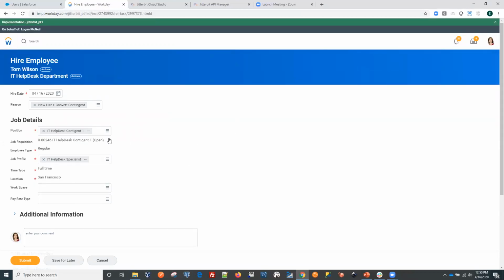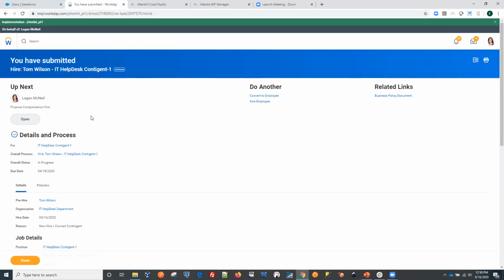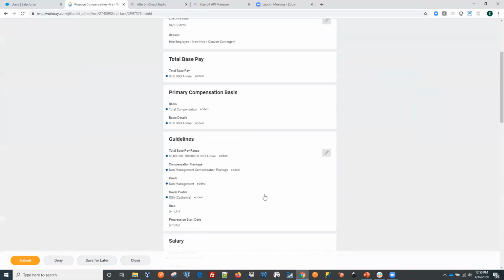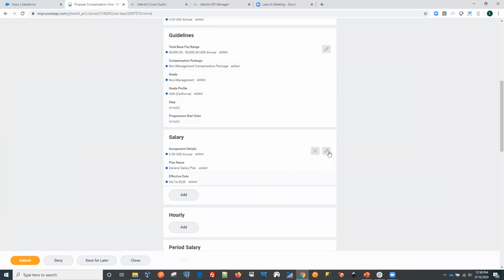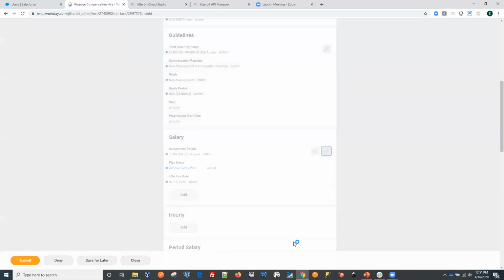So there are two steps within this process. As soon as we click OK and submit here, we'll get into this screen where we now have to make sure that the salary is entered. And that's just one of the requirements here. So if we click on open, I just want to make sure that the salary information is present. Otherwise, we won't be able to submit it. So let's just enter the salary amount. Okay, now that it's added, we can submit